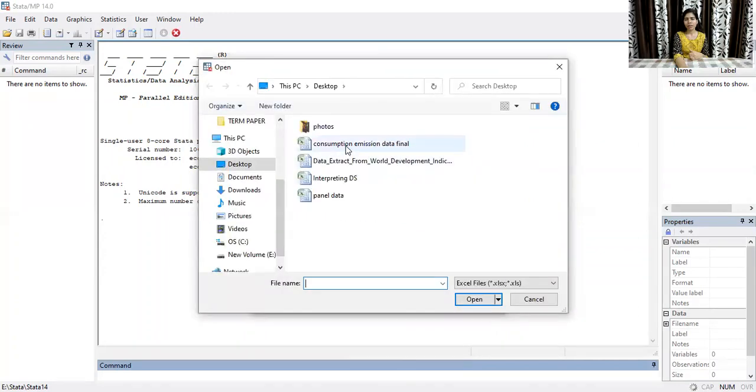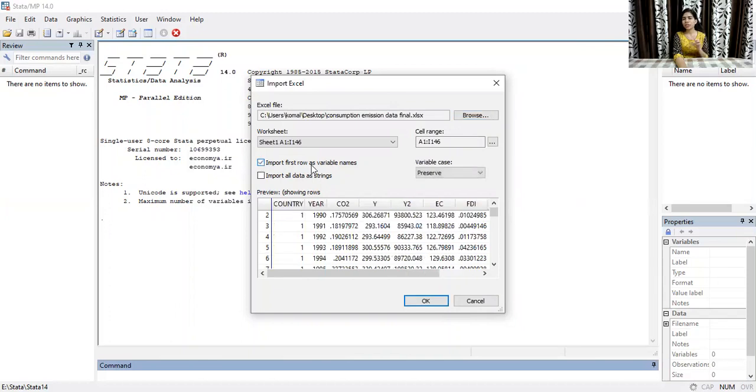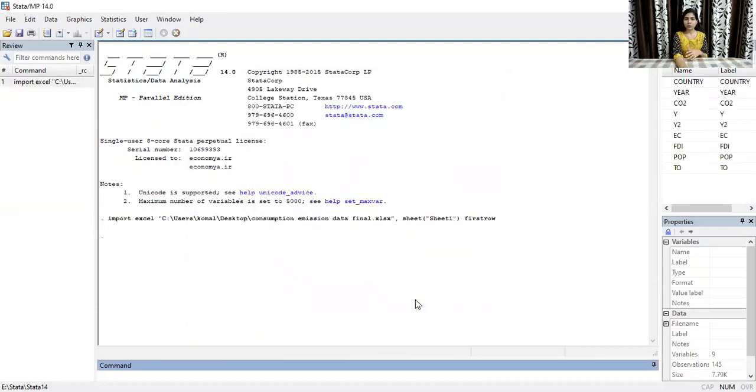So suppose I want to import this data file, and moreover, one important thing, if you have mentioned the name of the variables in the first row, click on this import first row as variable names. So Stata will consider your first row as the name of the variable. Then click OK. Alright, so the file has been imported in Stata.